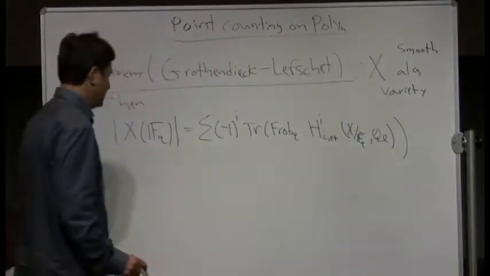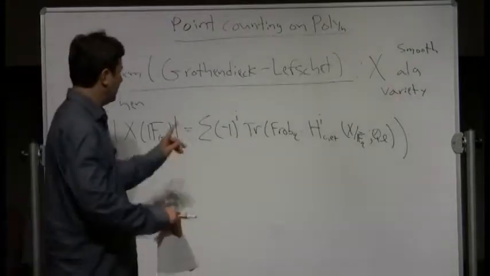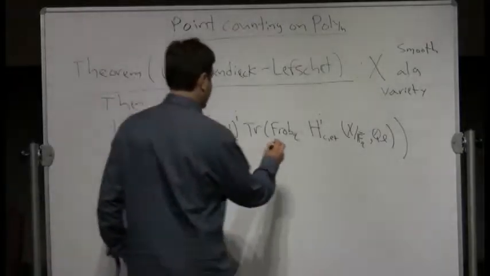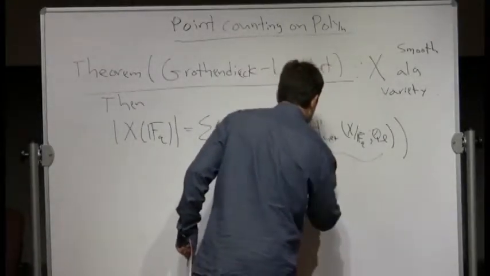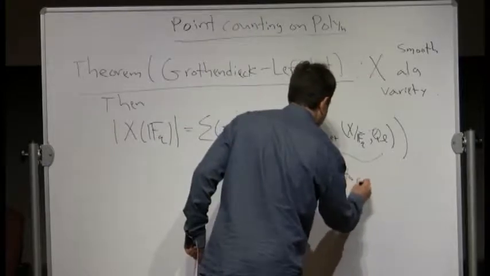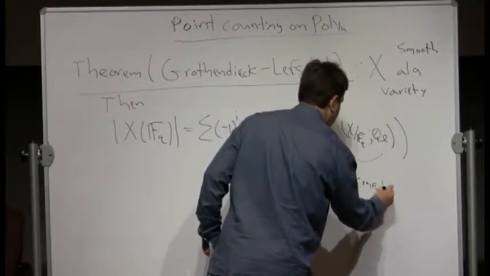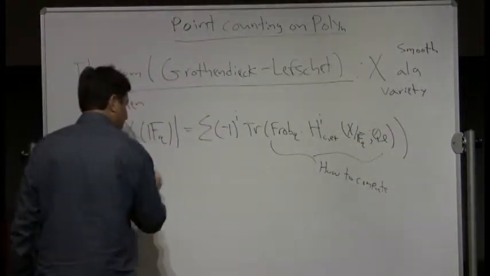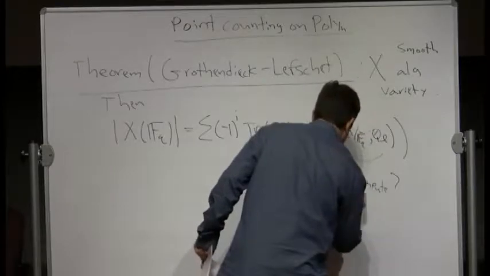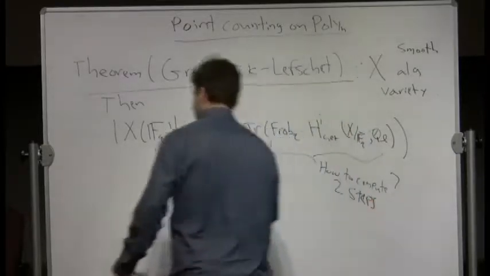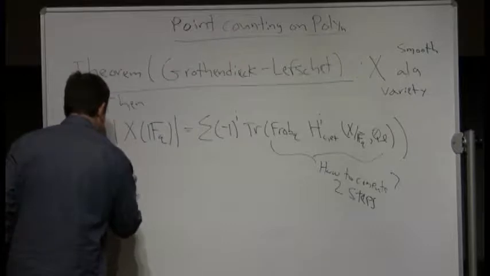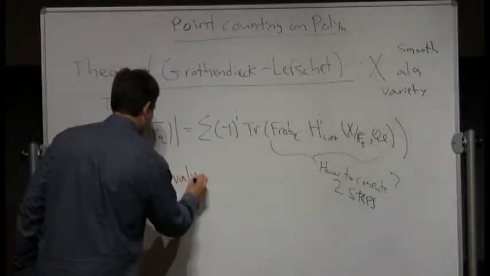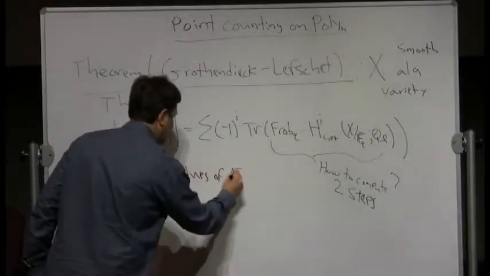So there it is. So far, this is still actually really good, but how do you compute this in practice? Now, Deligne, so there's 2 steps. He showed, well, let me just do it in our case, because it's easier. So how to compute? It's 2 steps. Step number 1 is you need to find, how do you compute the trace of a matrix? You want to find the eigenvalues of Frobenius on these cohomology groups.